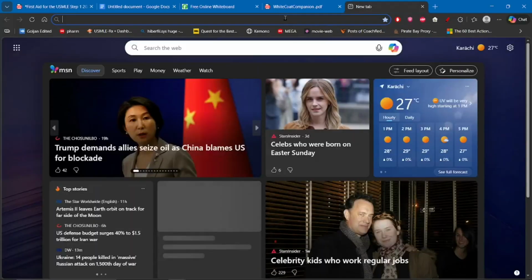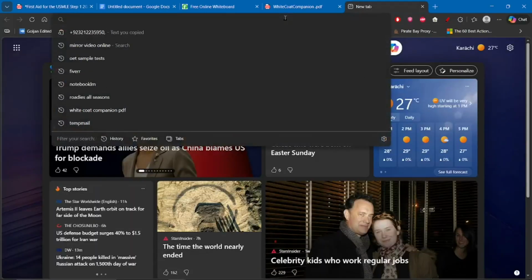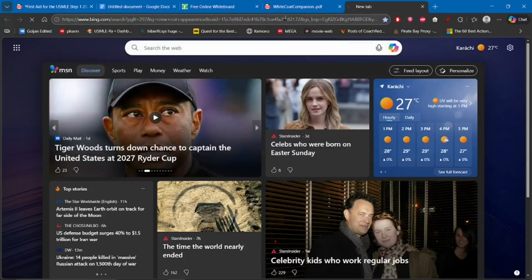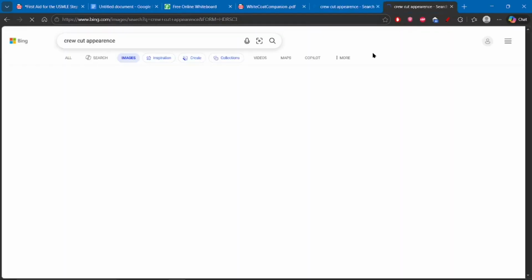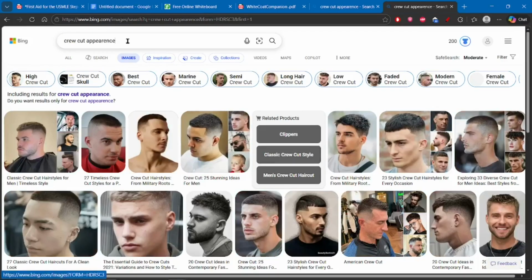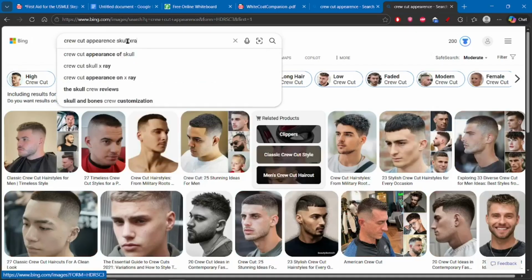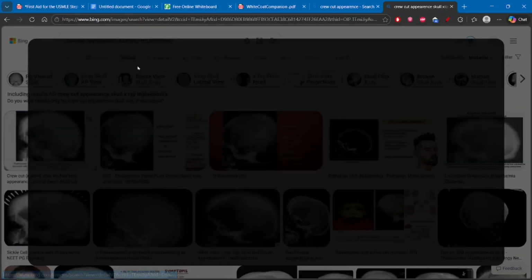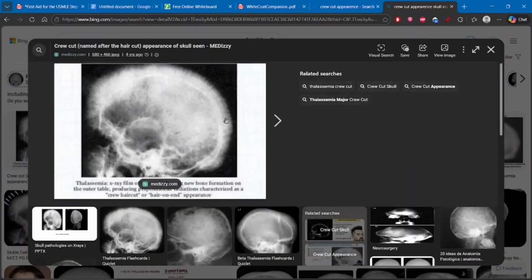So I'll show you guys what it looks like. If I could just show you, because this is an important image. This is a classical image. You can see the crew cut appearance over here, where my cursor is. You can see that. So this is just marrow that is deposited on the skull, and the reason